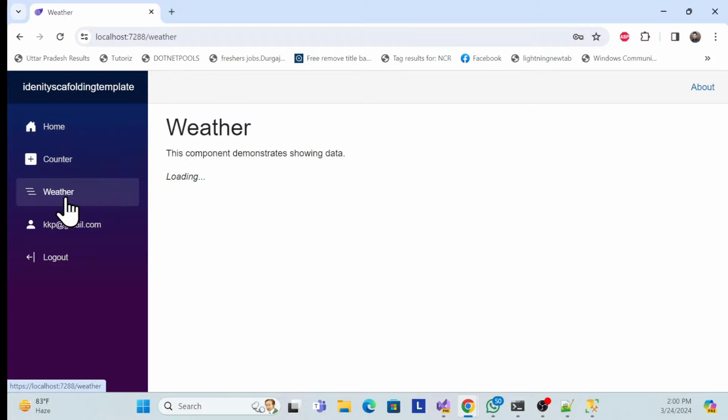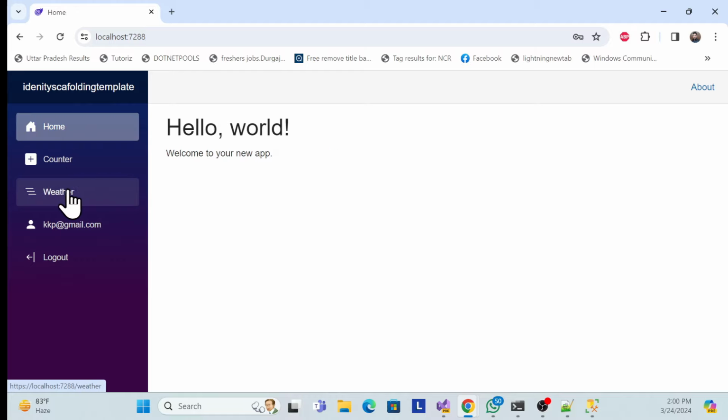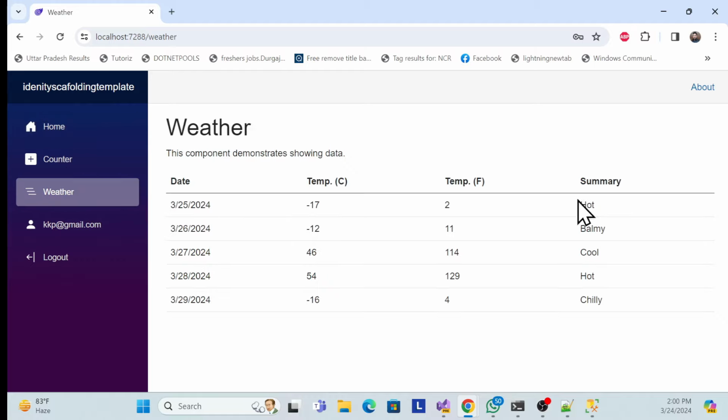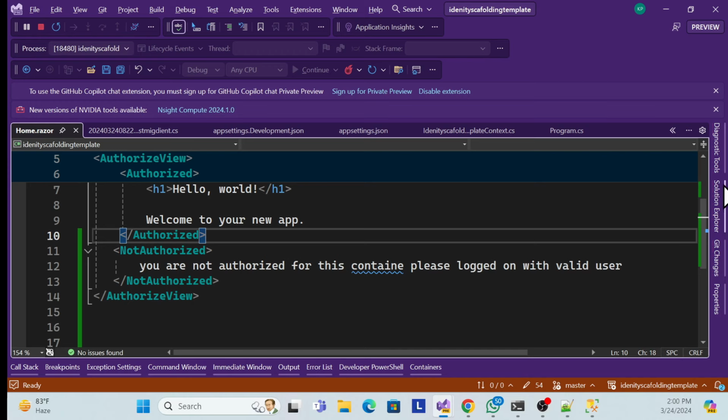Another way, actually, I'll show you for this weather forecast. Suppose I click this weather forecast, and if it is not a logged-in user, it should not be visible. It should redirect to our login page. First we have to log in, and once logged in, then we show it. So that part also I want to show you. So go back to your